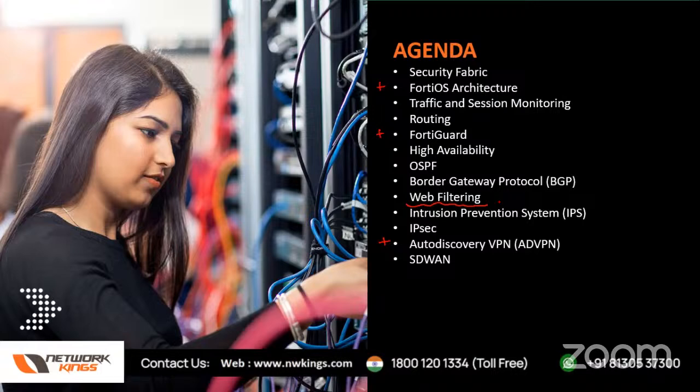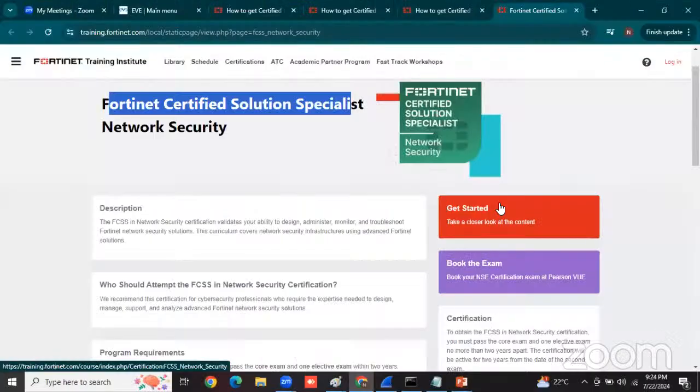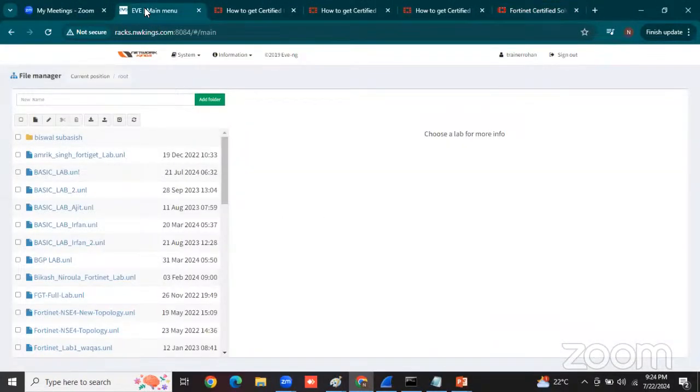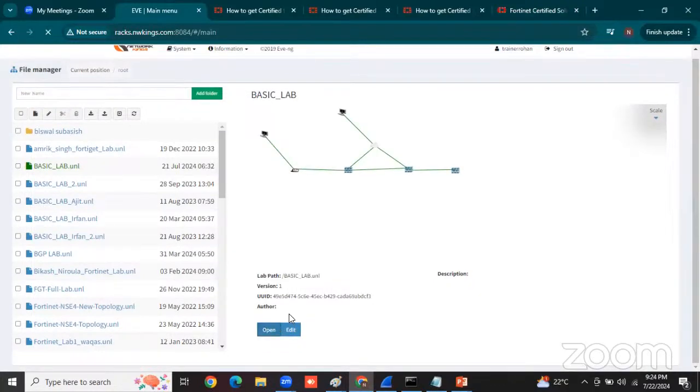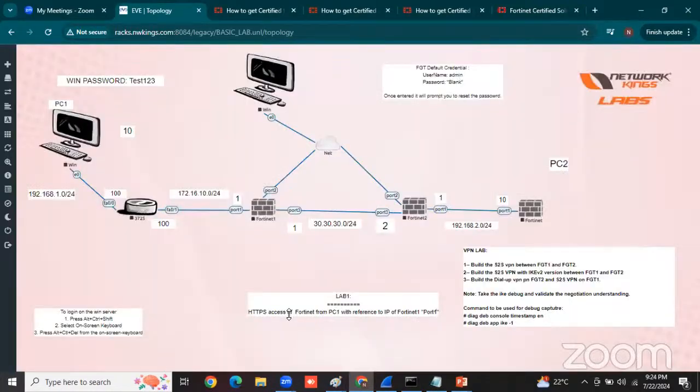That's the focus. So that being said, we will start with the theory, trying to understand and crack the concepts of each and every topic. Once we are done with that, it will be followed by the lab. Once you enroll in the course, each one of you will receive a welcome email which will contain the login credentials for the lab access. So there we have the labs. What I will be doing, and what you guys can also do, is this. This is one of the labs. Now please note,